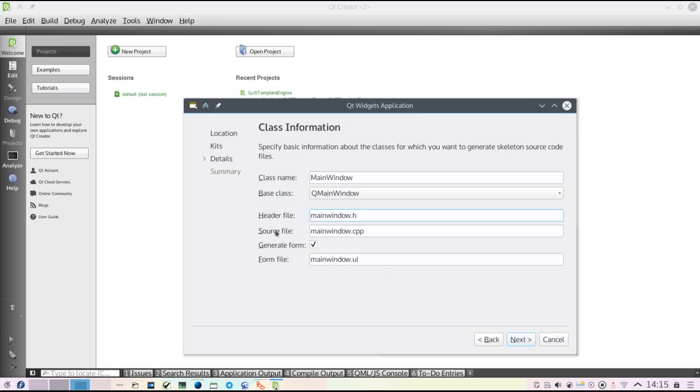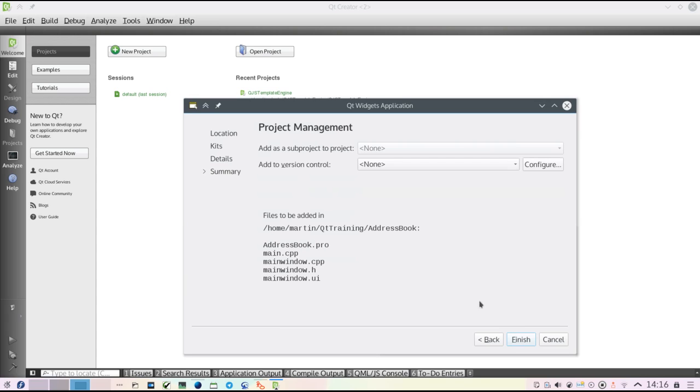This part at the very bottom here, that's about the UI of our project. So this file mainwindow.ui will contain the UI definitions. We can also omit generation of this file by removing this box, but for us it doesn't make sense, so just keep this ticked and also keep this entry as it is. Then click next. And here in this last page we can also